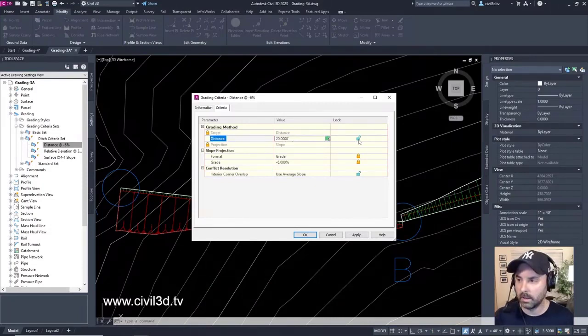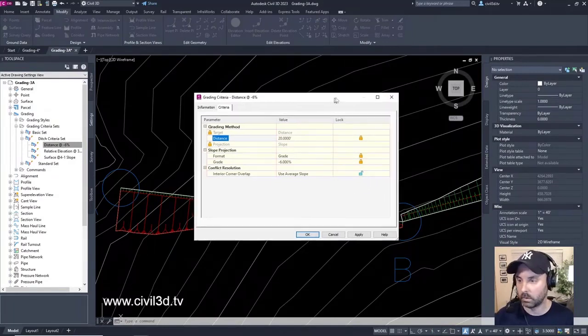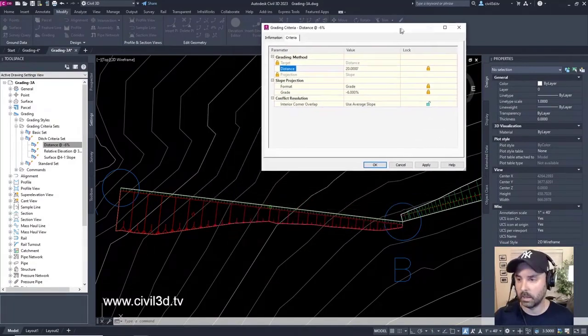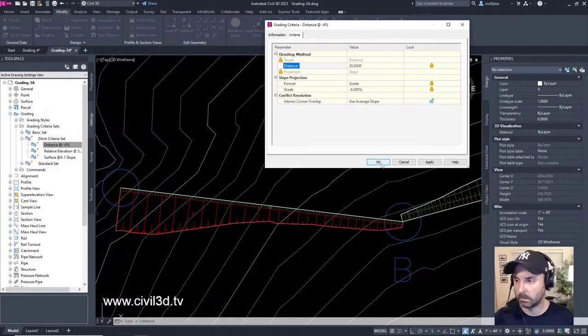And then we'll click this to lock it, which will apply it to all grading that currently uses the distance at -6% grading criteria. Leave the value unlocked, it applies the value only to the grading criteria in the future. Okay, so watch what happens when I click OK. Hopefully this is what's going to happen.